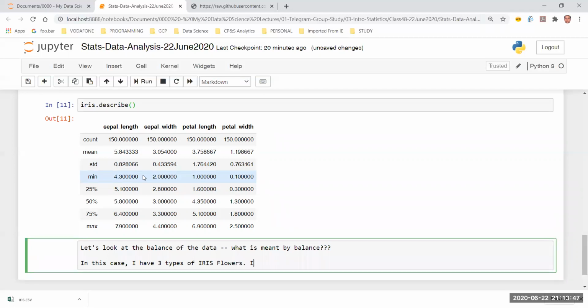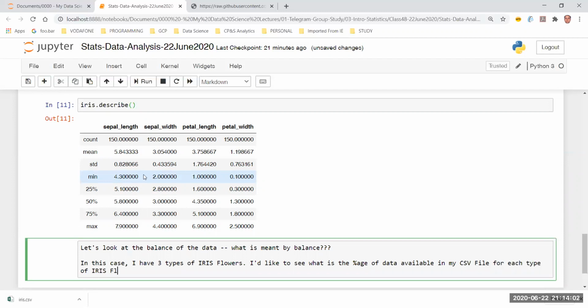I would like to see what is the percentage of data available in my CSV file for each type of iris flower. This gives a good idea, not a great one though, on how balanced my data is overall.